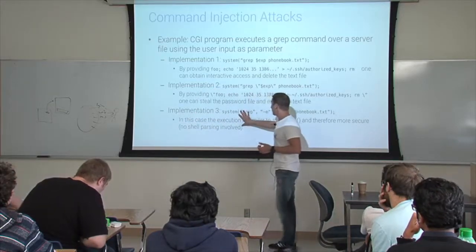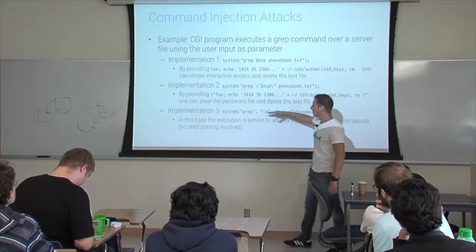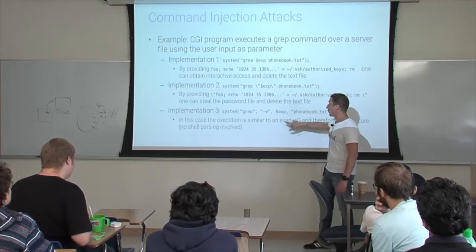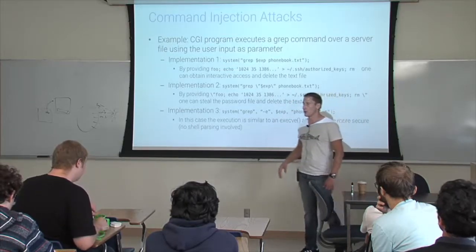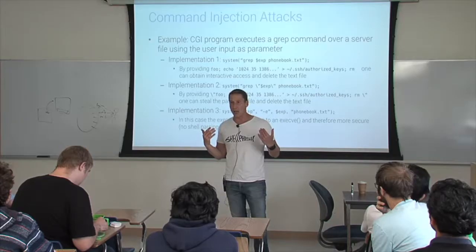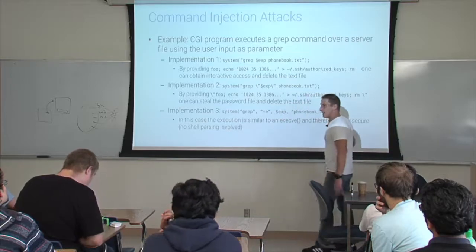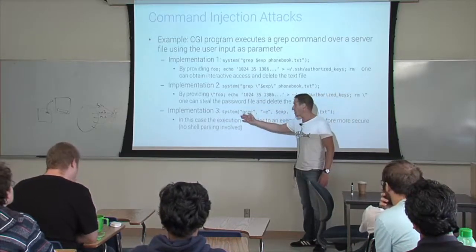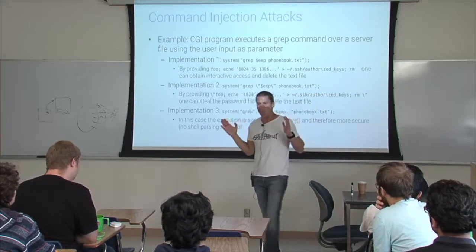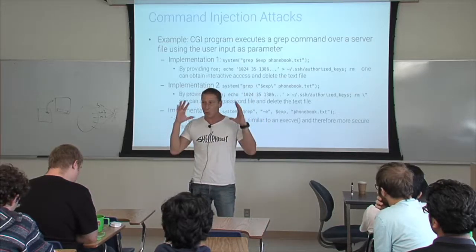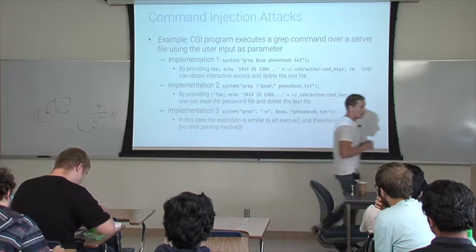Of course, the right thing to do is to parse first. So by using system as a list, okay, we know that this element, whatever you put in it, is going to be an argv entry. It's not going to be parsed by the shell. It's like the difference between doing system, but this is equivalent to an execv, where I say this is my argv 0, 1, 2, and 3. Here you can put the whole works of Shakespeare. It doesn't matter. It will be one parameter, okay, and will not be touched otherwise. And so it's more secure.